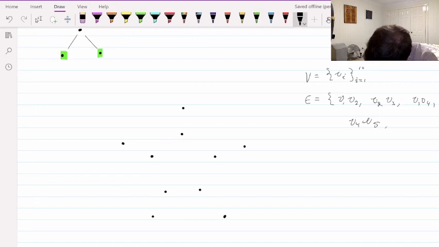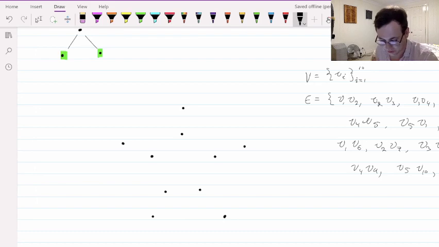I'm going to have V5 connected back to V1. Then I'm going to have V1 connected to V6, V2 connected to V7, V3 to V8, V4 to V9, V5 to V10, and then I have to do 5 more edges, which are the ones which